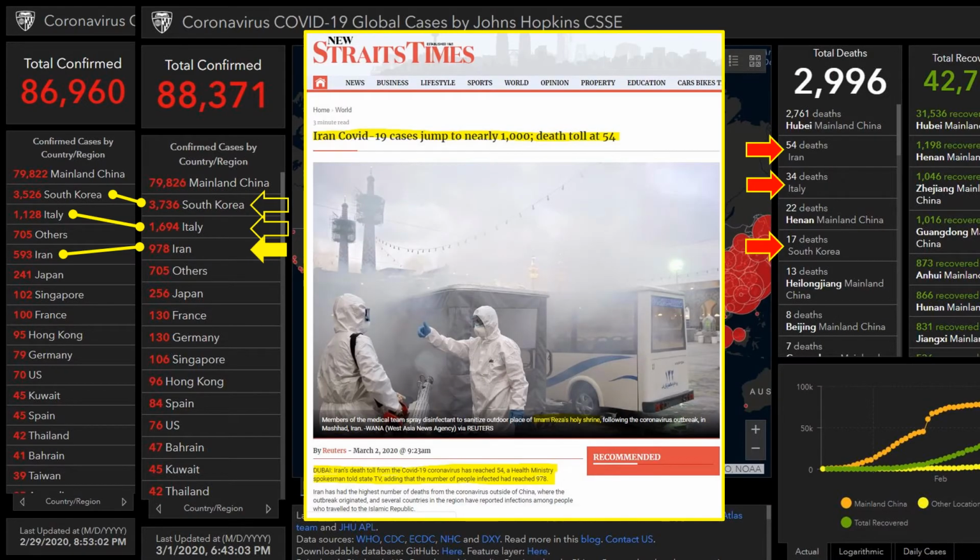Then what do we have? Iran made a statement yesterday that the cases should die down. Well, the reason there were big outbreaks here is because they had a big pilgrimage to this religious site, and people from all over, neighboring countries, were going there.